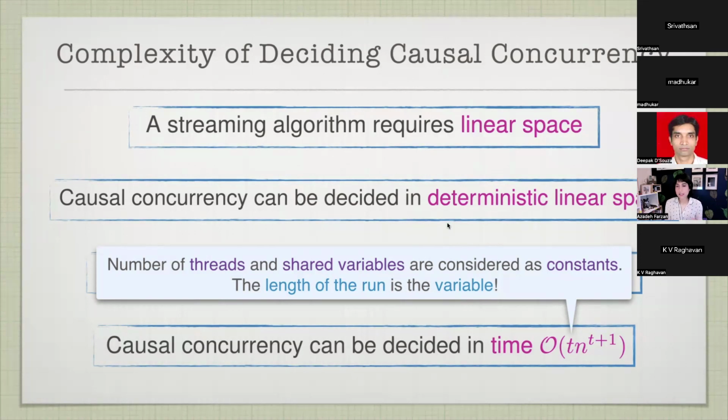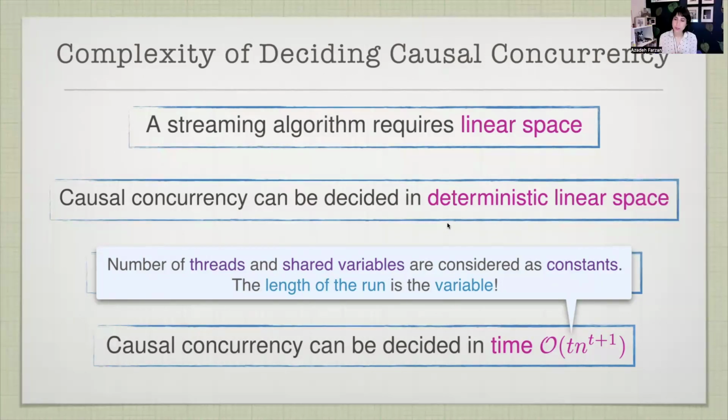That's exactly my point about all of this relying on what you set as your power of observation. My power of observation is I see which thread performed which action, read or write of a shared variable. I don't have access to values, but I can change the alphabet of actions and see the values as well. And then I would have an extra bit of wiggle room to say that I don't have to match the same write, I have to match a write that sees the same value.